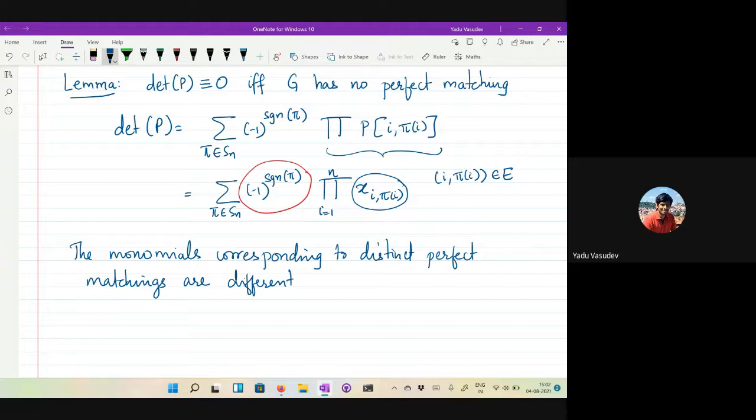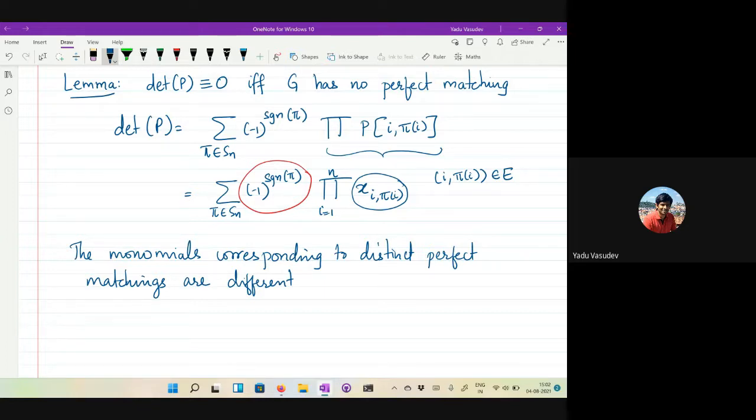And you want to check whether the determinant of this matrix is an identically 0 polynomial or not. So what do you do? You just evaluate this polynomial at randomly chosen points and check whether the determinant is actually 0 or not, right? And you know how to evaluate determinants. That is something that can be done efficiently. If you're given integer values, say for the entries in the matrix, then you can actually compute this determinant efficiently.